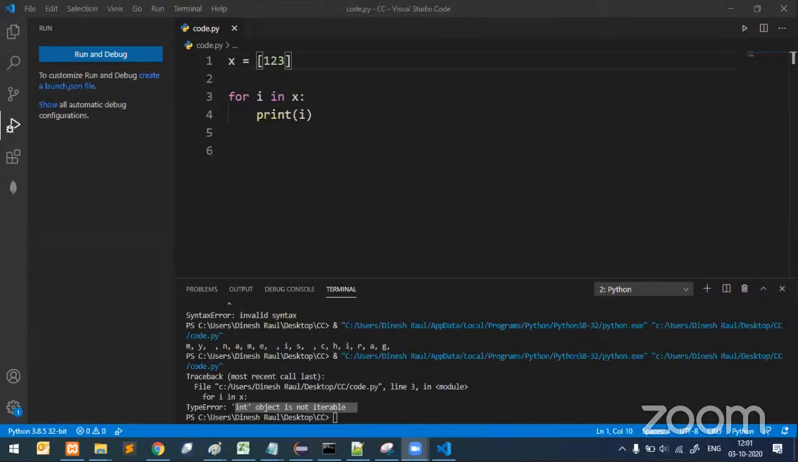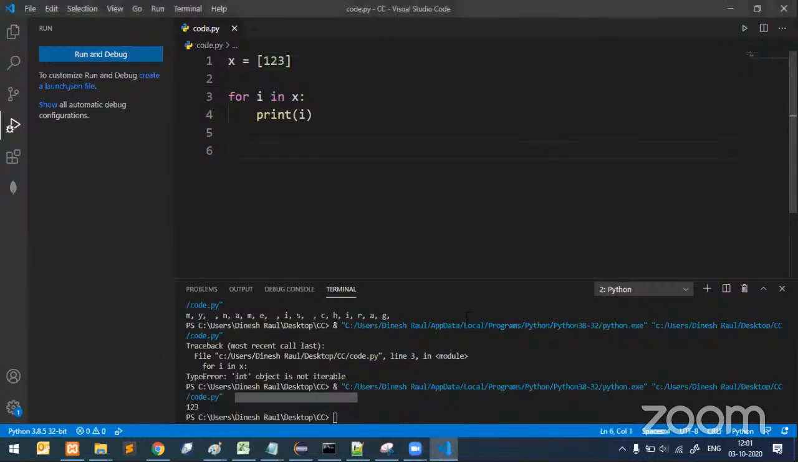Okay, it's all right. Yes, right. List is iterable, int is not iterable. Okay, chalo. So now if we move forward with the